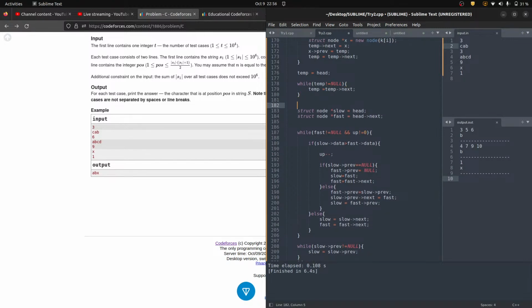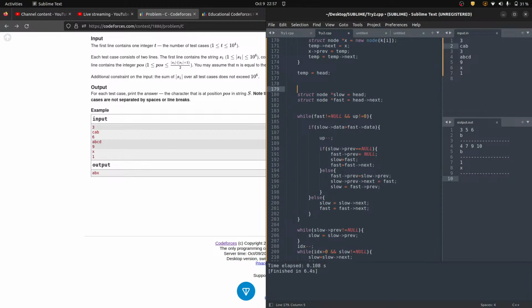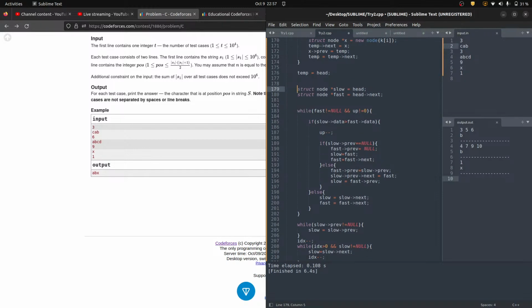Now after I made a string, I made a linked list. Now I need to remove the characters from the string such that they are giving me the lexicographically minimal string. For that, I have two pointers, slow and fast pointers, and as the fast pointer is fast, so fast should not be null,